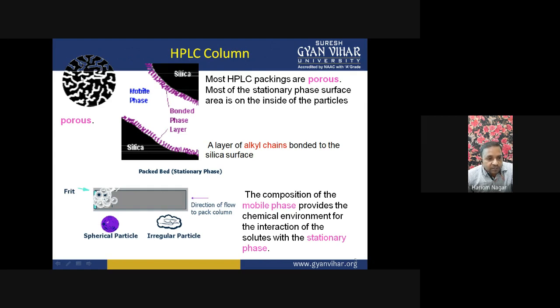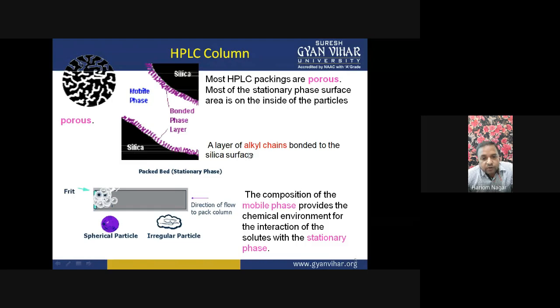And this is the internal structure, which has the porous structure of the stationary phase in the column. Okay, so this is just like a net. Okay, this is the internal part of this. So with the mobile phase, through the pores of this stationary phase, the components will pass. Okay, and components will interact with these functionalities or the functional groups of this stationary phase.